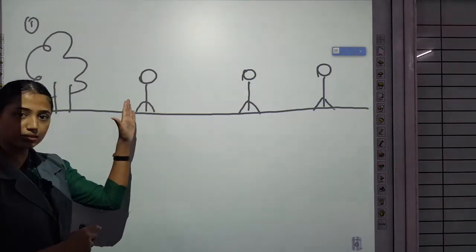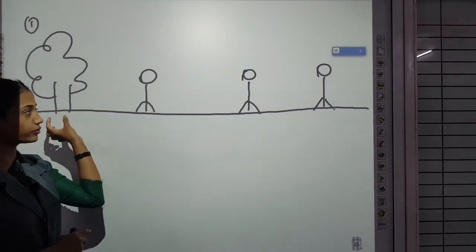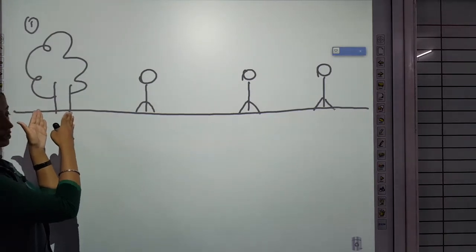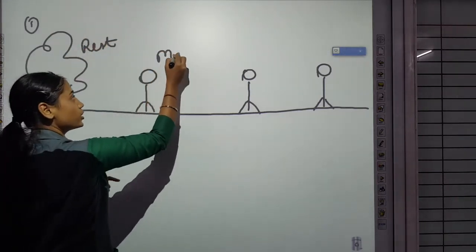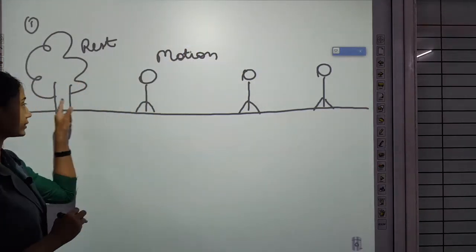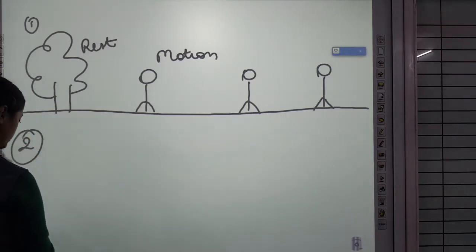So this man is in motion, but is this tree changing its position with respect to this man? No, it is present at the same position. So this tree is at rest and this man is in motion, if we are comparing this man with this tree. Now in the second situation,